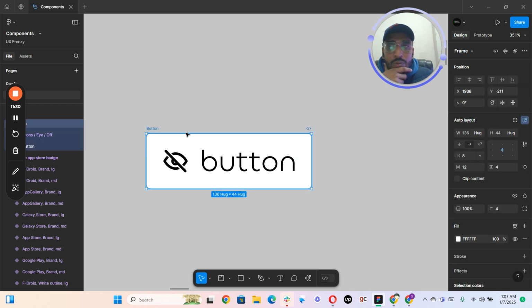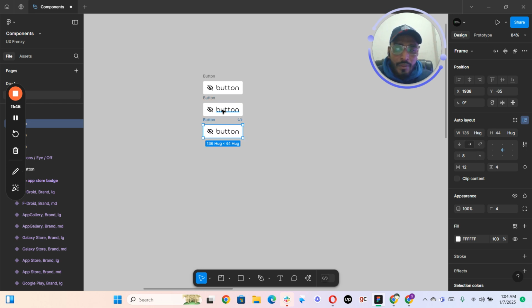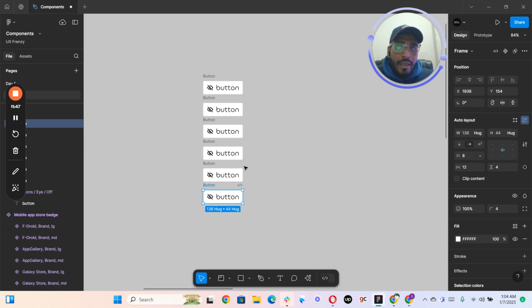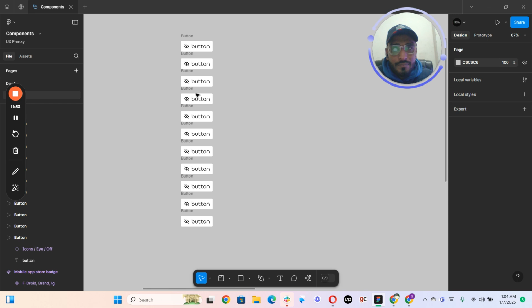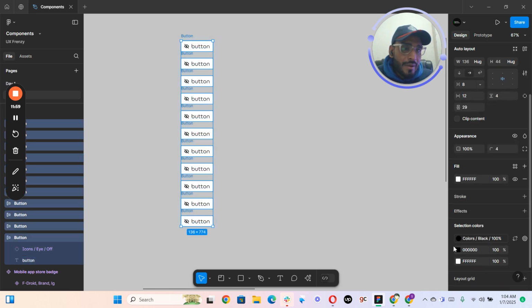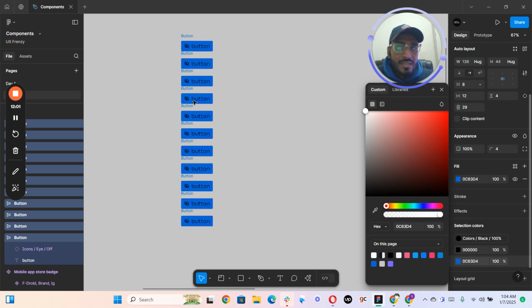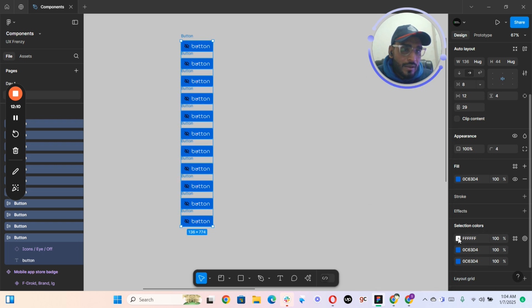All right. So consider that this is your button, or maybe this is your CTA, and you are going to use it in your mobile applications, or maybe in your website, wherever you are going to use it. And keep in mind, supposedly this was your CTA, and for the whole CTA you were having the brand color, and that brand color was this one, right? And the color for that icon, and also for that,